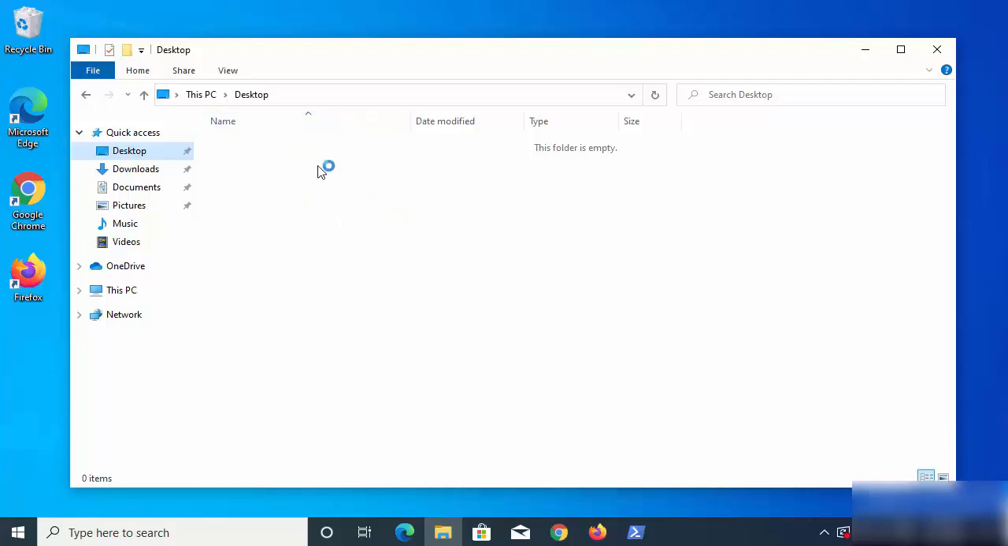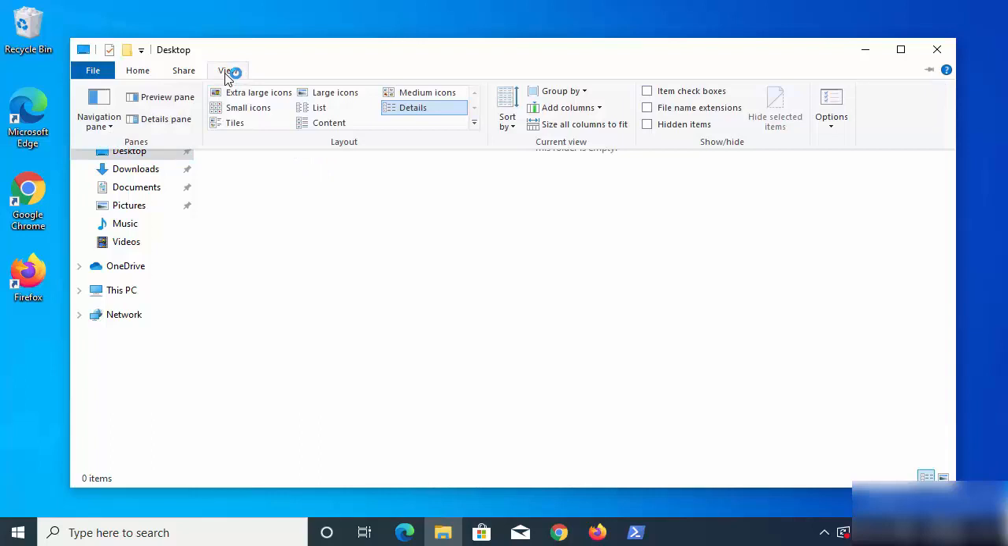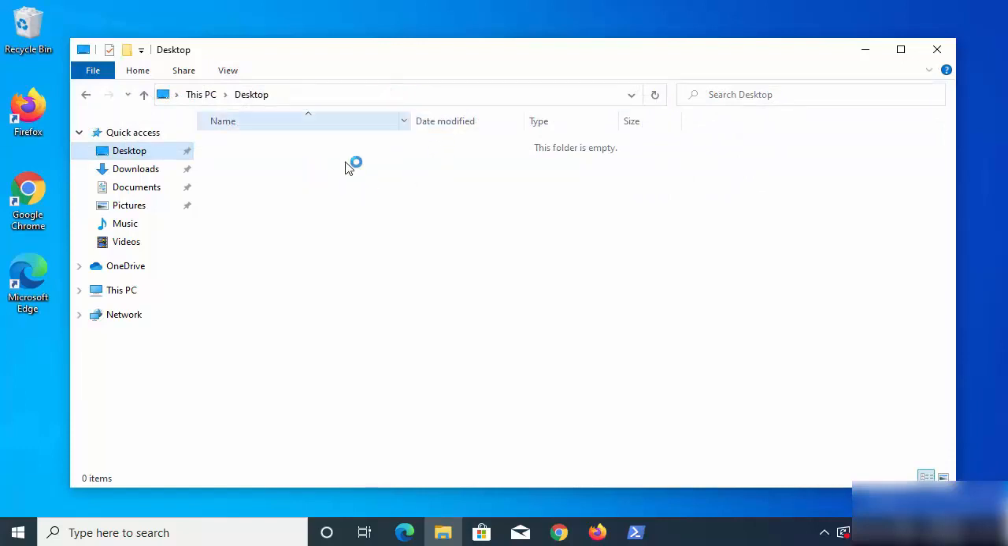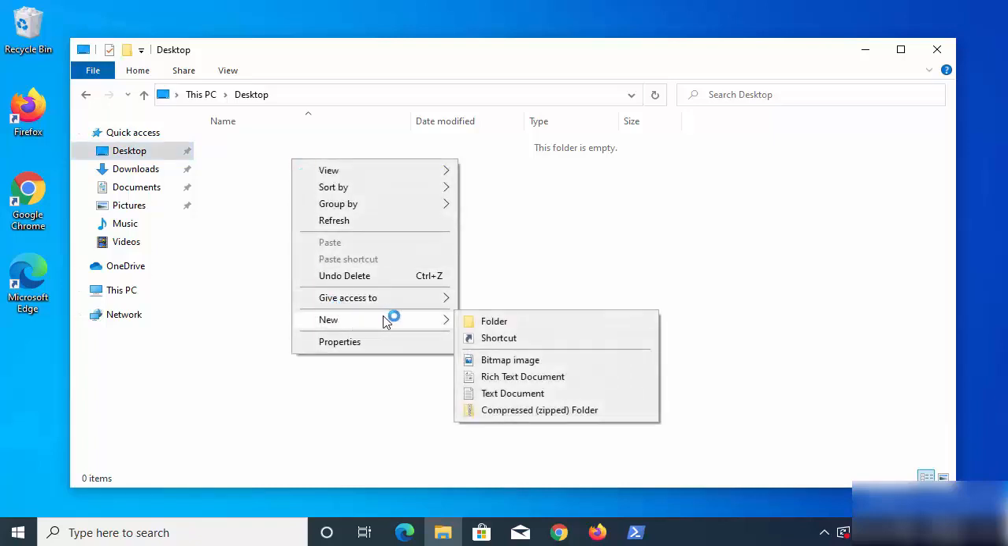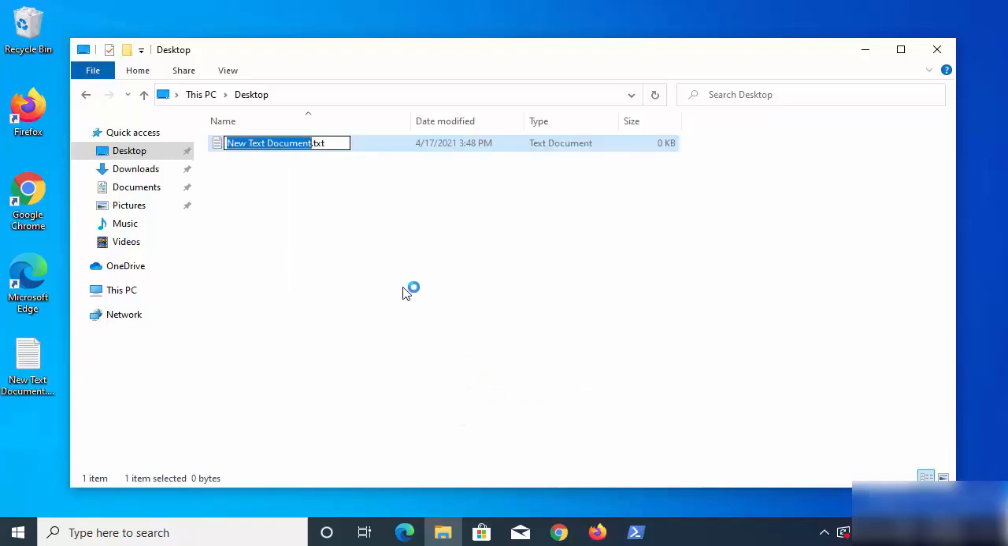So just go to the folder where you want to create your Node.js file, and then you can just click on view here and then click on file name extension. So just check this option, which is going to allow you to view the file extensions, right? Now here right click and then you can click on new, and then you can just click on text document, and you can see that this document is created with